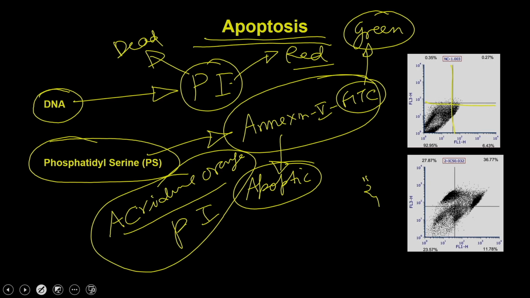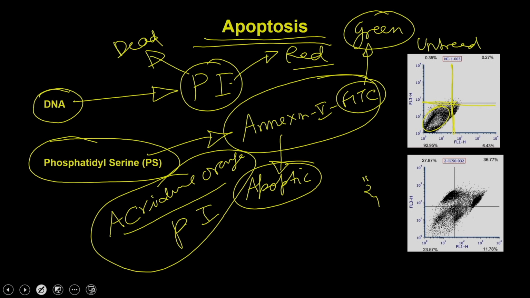When you stain the cells, you are going to have two samples: one is the untreated sample, the other one is the treated sample. Then you do a checkerboard analysis. So, these are the healthy cells. You do a checkerboard analysis and only cover the healthy cells, and then you are going to analyze the treated sample.